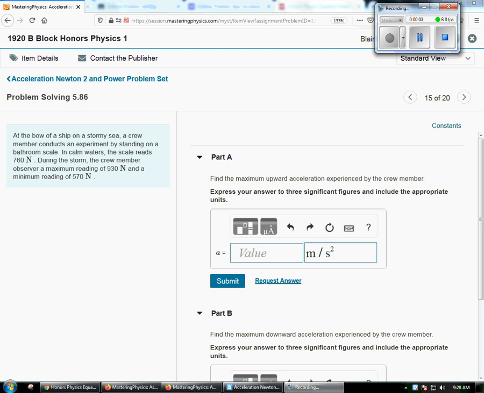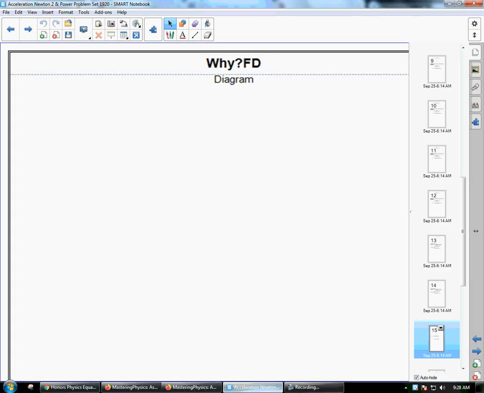All right, so we're starting with number 15, which is the one where the crew member is standing on a scale in a ship, and the Y for it is a force diagram. The question we're asked about though, what does a scale measure? What force? Normal force. So whatever they say the scale reading was, they're telling you what the normal force was. So my force diagram,